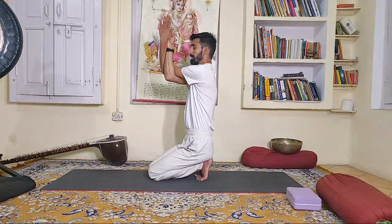Good. And from here, if you are dropping the elbows, lift the elbows up so that your bottom elbow and the shoulder is in one line here. And from here, moving the forearms away from the forehead, so your wrist and the elbow in line with each other. I'm gonna sit in Vajrasana so you can see me with entire canvas of the mobile or the laptop, whatever you are watching in here. Right? So your elbows and wrist is in one line, your elbows and shoulders in one line, and move the shoulder blades away from each other,